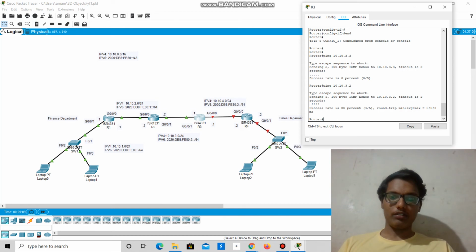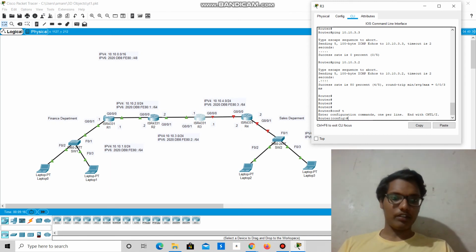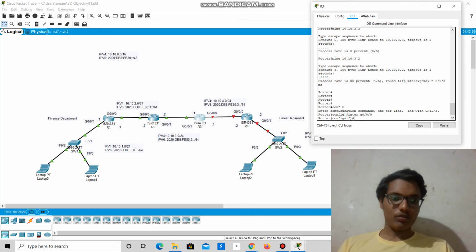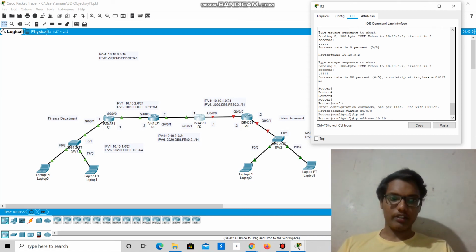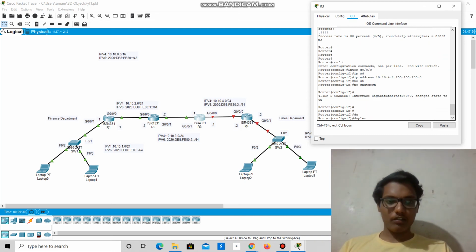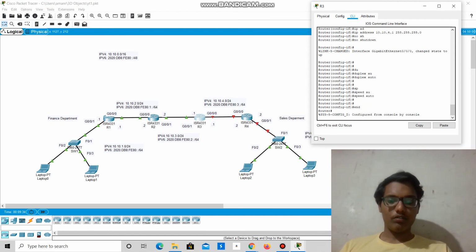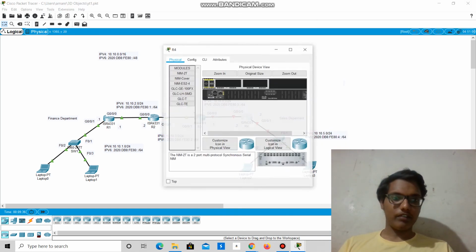Now let us go to R3 for the link between R3 and R4. Go to global configuration mode and to interface 0/0/0 and IP address 10.10.4.1, no shut, and duplex auto, speed auto. Okay, this side configuration is done.